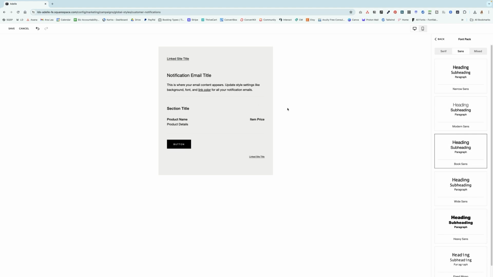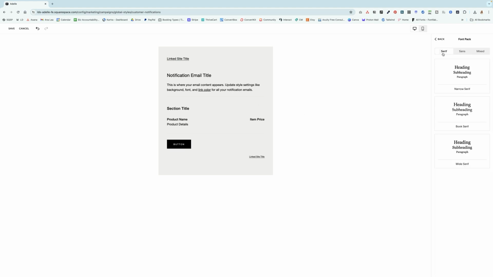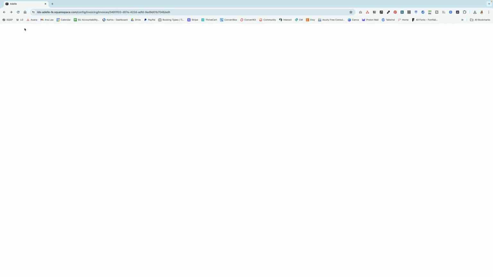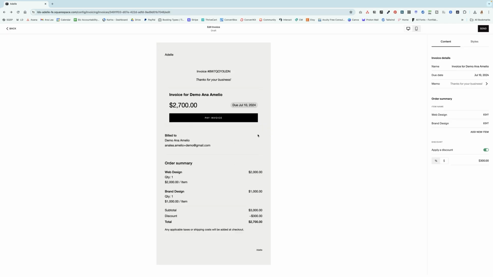I'm going to leave the look of it as it is, but if you want, you can play around with it here. And once I'm done, I'm going to click Save, and then I'm going to click back to Invoice. And now, as you can see, the invoice has been updated to reflect my styles, and I can send it